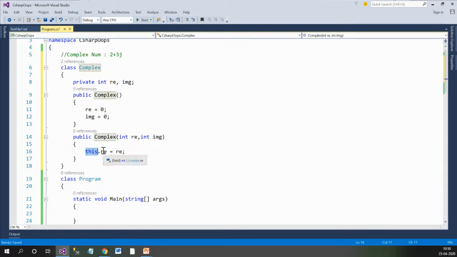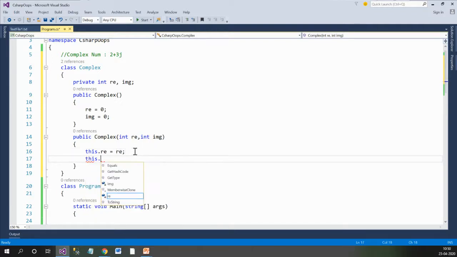The this pointer always refers to the member of a class. So this.real represents the member of the Complex class, whereas the plain real is the parameter passed from main. We'll do the same with the imaginary part. To store the imaginary, we'll use this.imaginary equals imaginary.